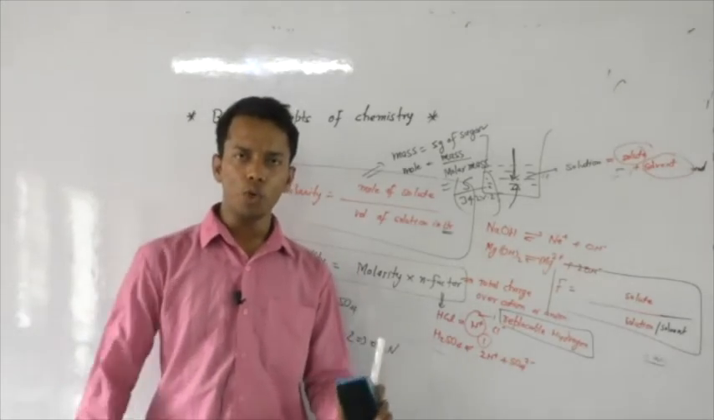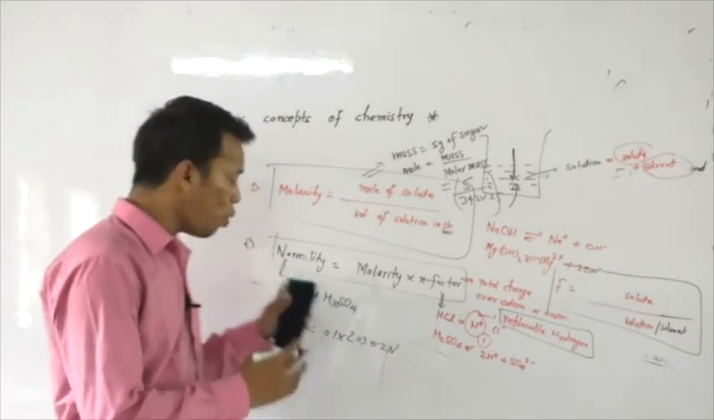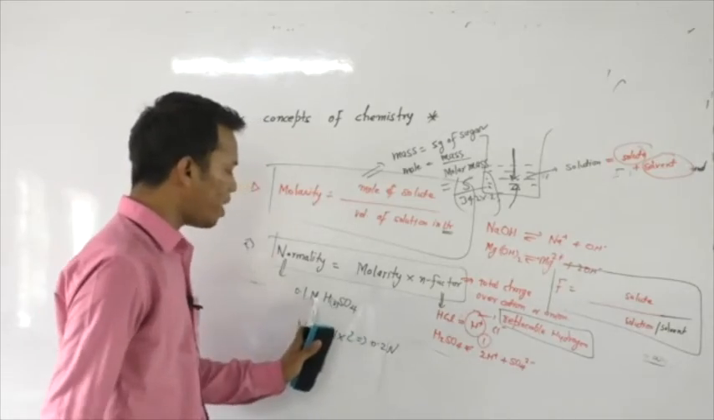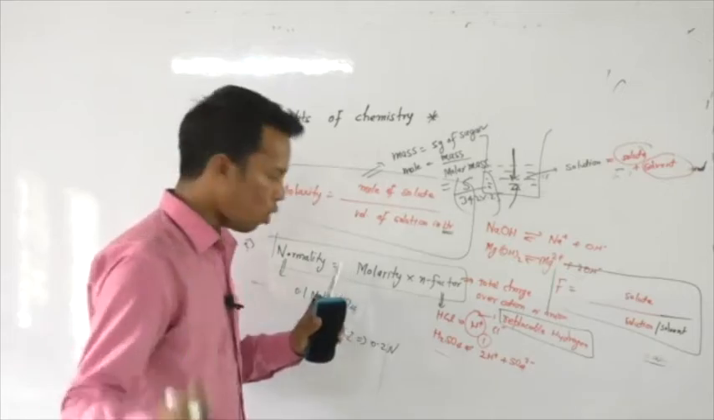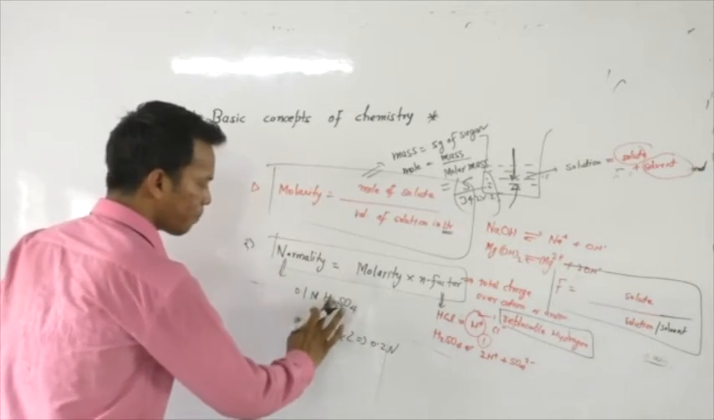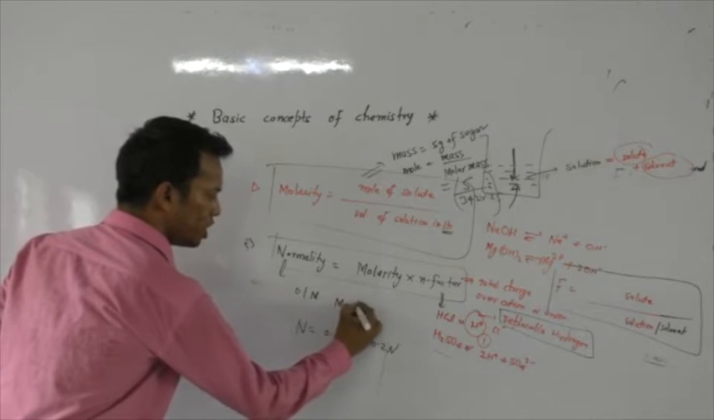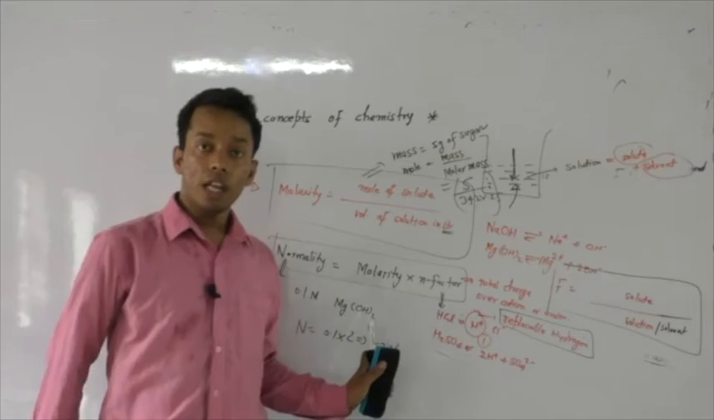Either you say 0.2 normal H2SO4 solution or you say 0.1 molar H2SO4 solution. Both are correct. Now tell me, instead of this, if I write 0.1 molar Mg(OH)2, then now also you can say